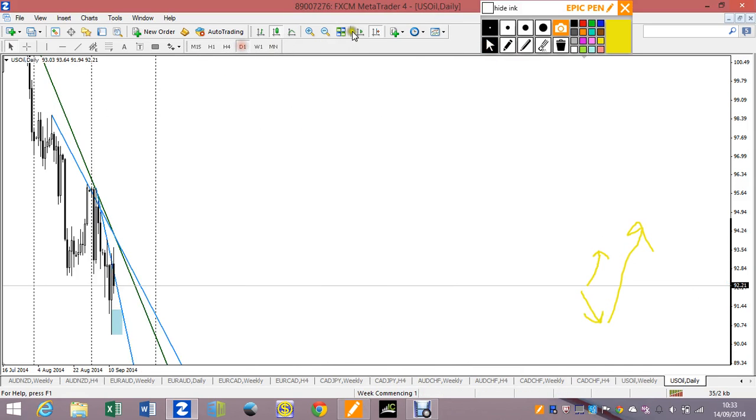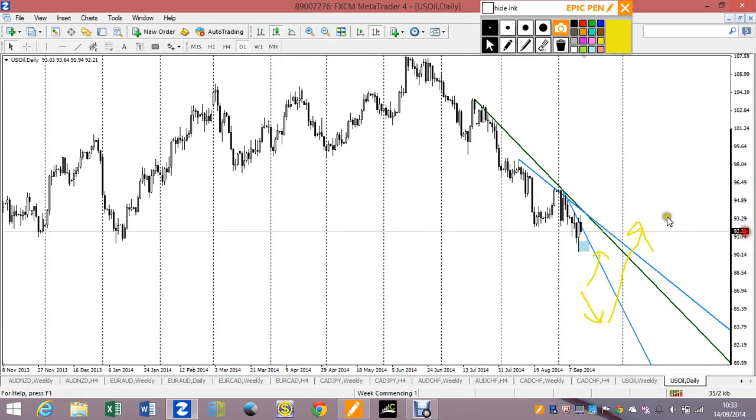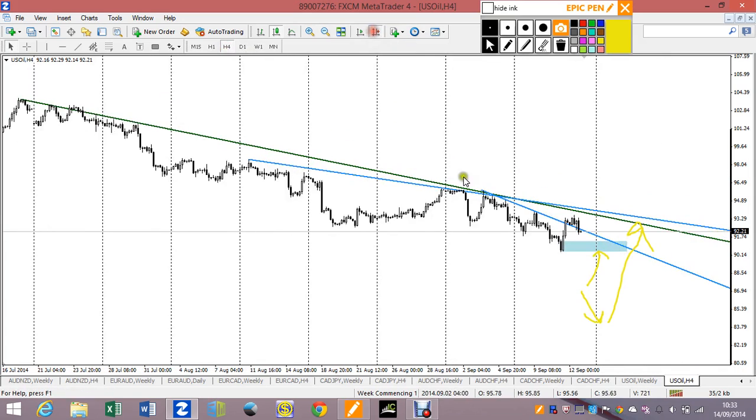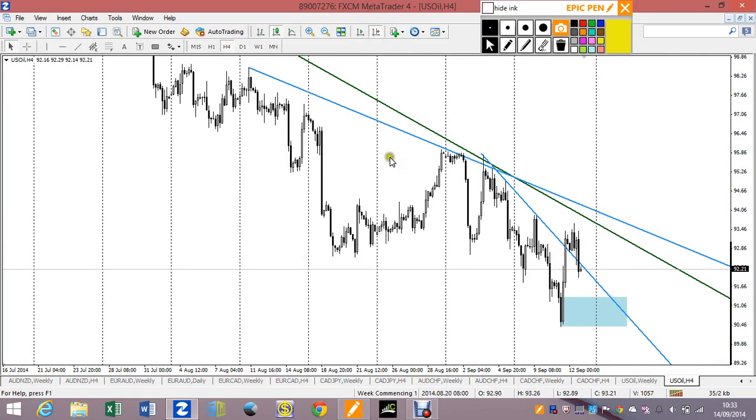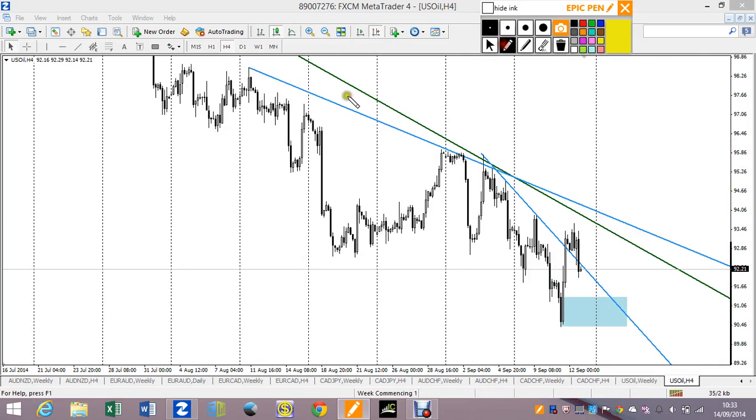We have the daily descending trend line as well, which could be broken. And then this H4 descending trend line coming down here. So I think